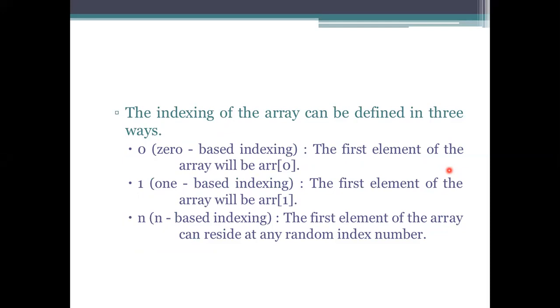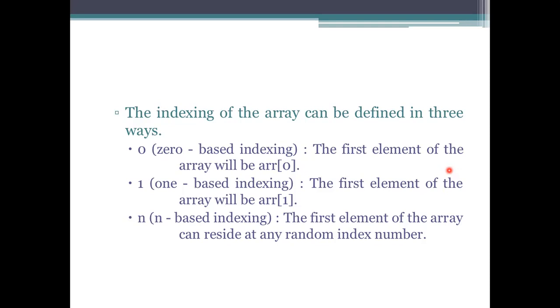For example, if you are taking integers, each takes 4 bytes. So the next space will be allocated after the 4 bytes, for the next element. For the next element, again 4 bytes, and like that it processes the addresses and adds the elements to that representation. Coming to the array, as I said, we start the indexing with 0. When we consider an array, the subscript starts with 0 and the last element is stored at the specified size minus 1.